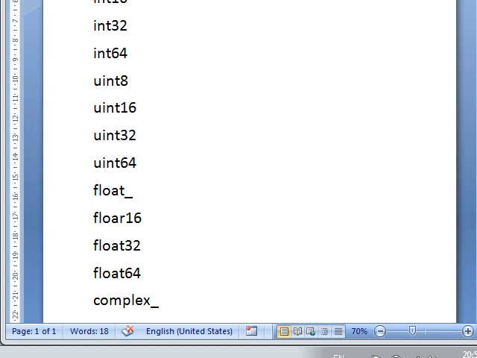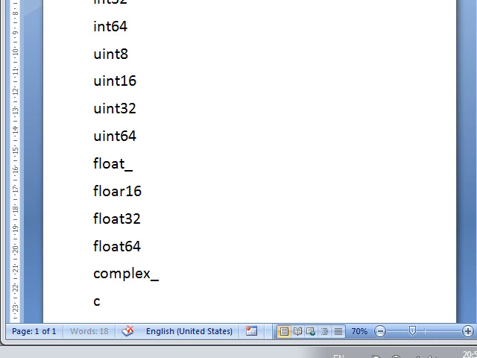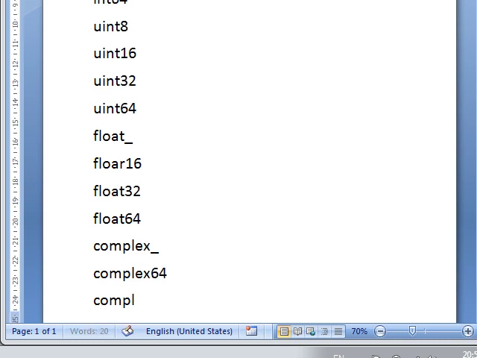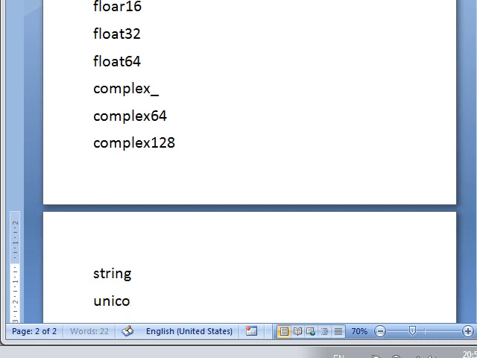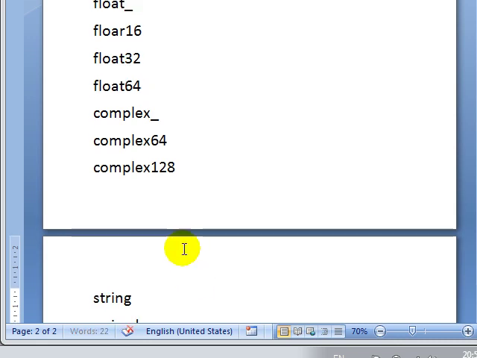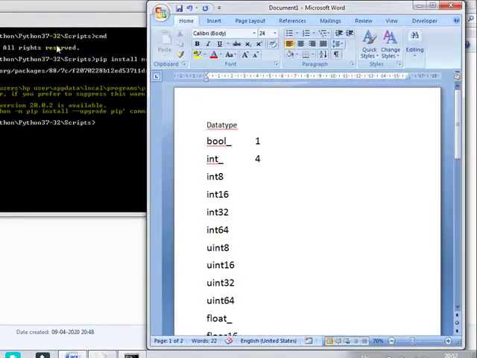Then complex64 is there, complex128 is also there, and similarly there is string and Unicode. Remember, all the data types should be in small letters only.